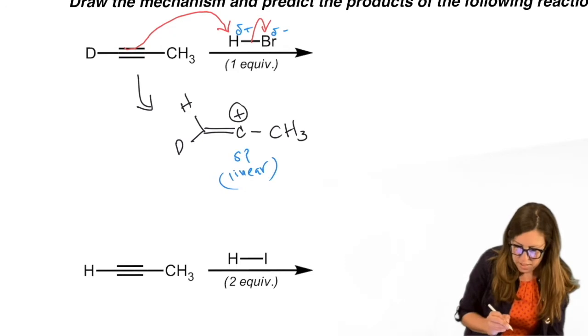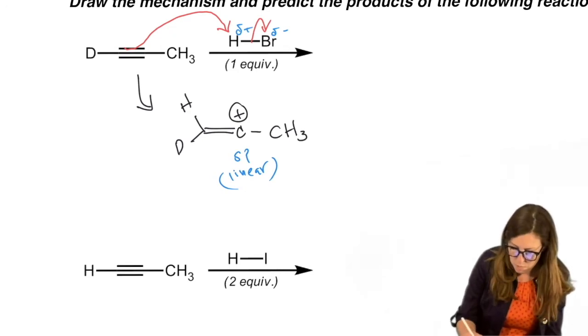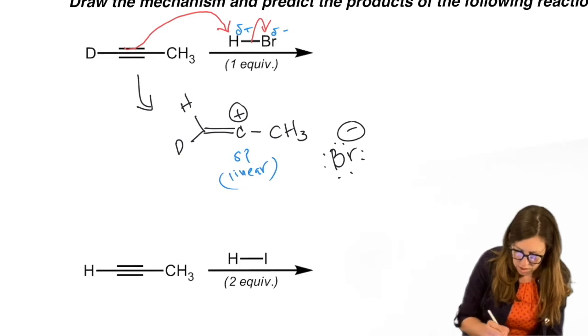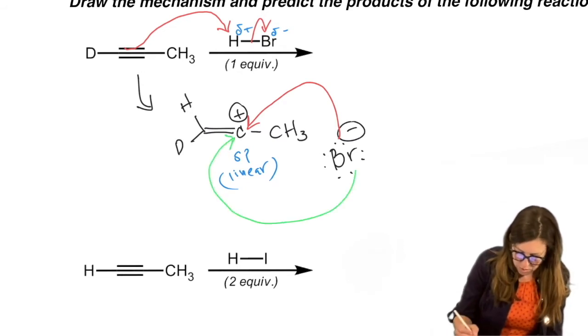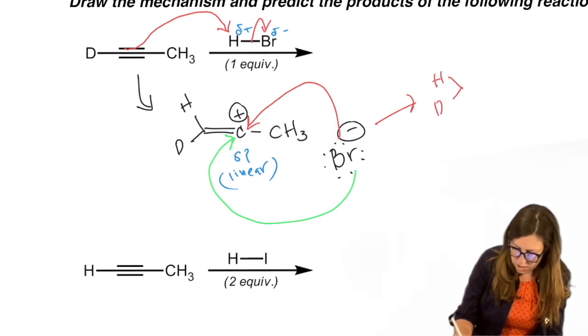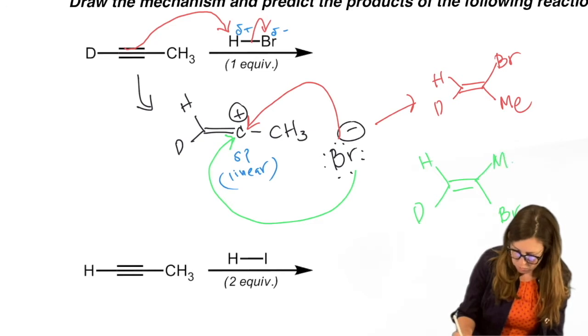Okay, now because it's linear, it's flat, the bromide, the nucleophile, it's going to, of course, attack that carbocation, and that's not going to live long. And it could do so from the top or from the bottom. So if it goes through the top route, and we have our H and our D stay the same, that just means our bromide is up here and our methyl's down here, versus keep the H and the D the same, those didn't change. The bromide's on the bottom, the methyl's on the top.